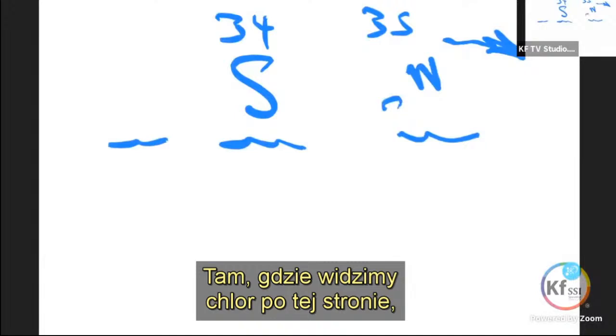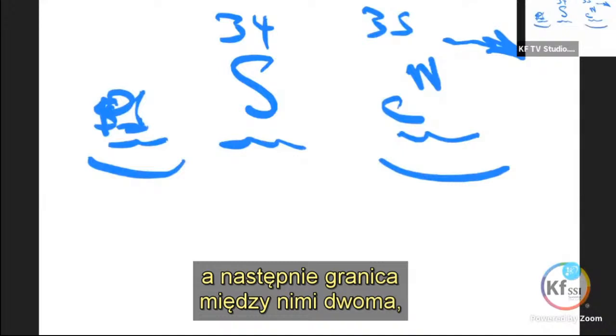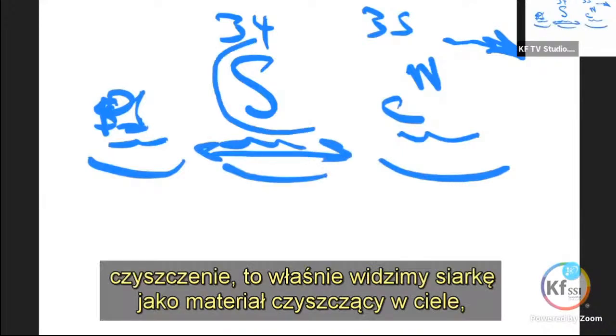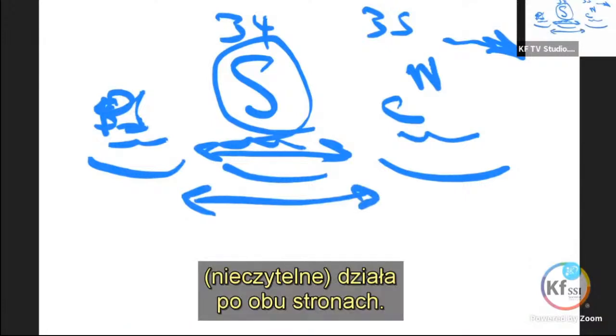where we see the chlor on this side, and we see what we call the phosphor on this side. Physicality, and then the boundary between the two. Cleansing. That's what we see sulfur as, a cleaning material in the body. Cleaning in a way, bringing balance between the two, whichever way we're going to. It is a double agent, works on both